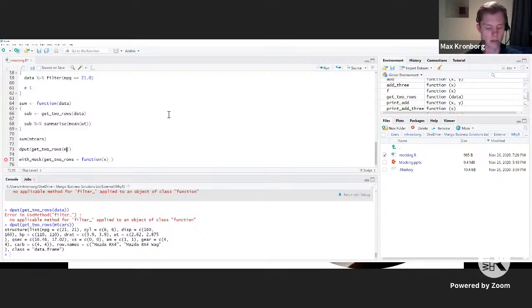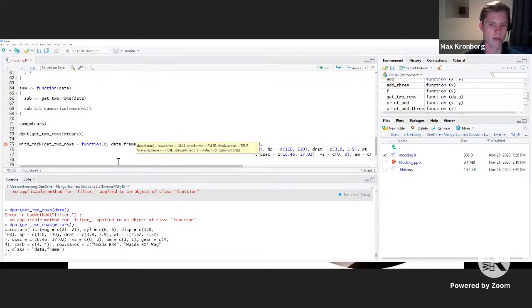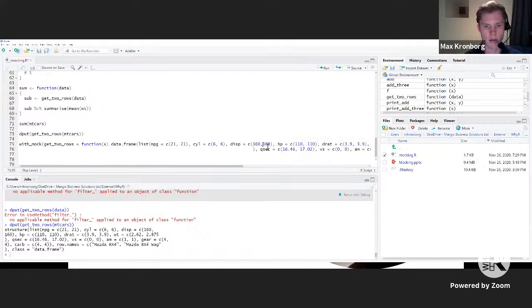But if it's just one value, then it doesn't need to be too complex. So we're just going to return a data frame, which is generated from these values, which are going to look absolutely horrible. We're just going to tidy it up slightly, so you can see what's going on.